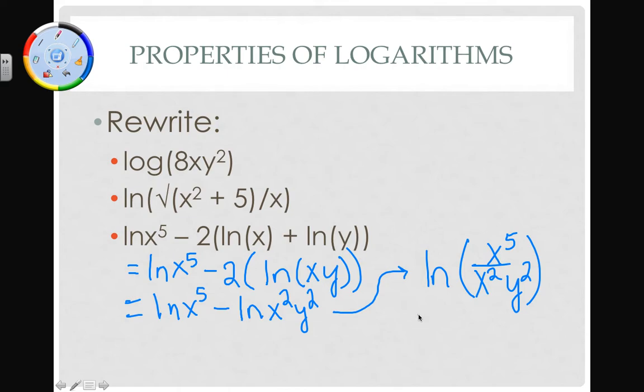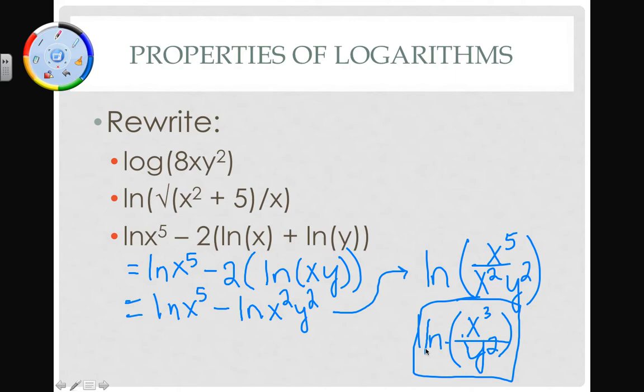And then I can technically simplify this. Because I have 2 on the top and 2 on the bottom, oops, that's supposed to be a 3. Oh, it's too ugly. Too ugly for me. Can't leave it. Okay, so right there, and make this a 3 over y squared. And there's your answer. Okay, so using the product rule, the quotient rule, the power rule, we can simplify and